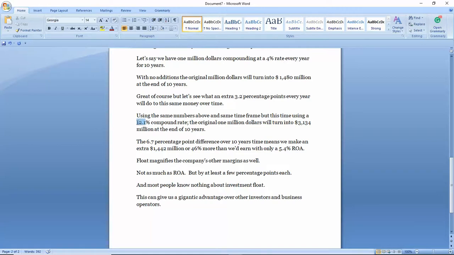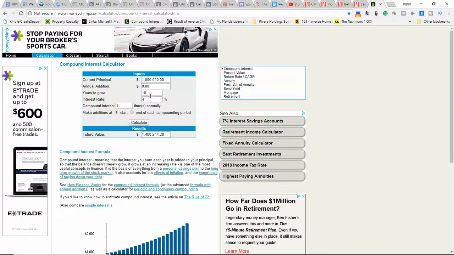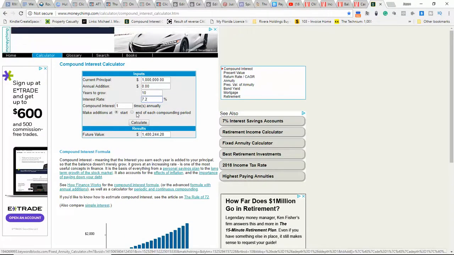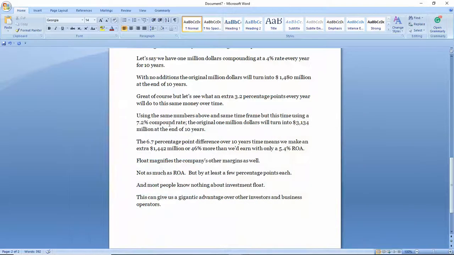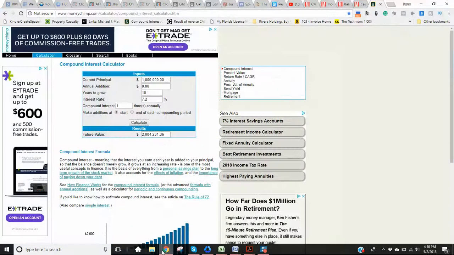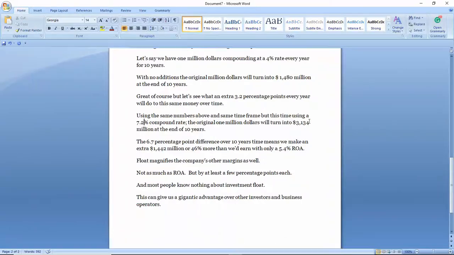Okay, so this is 7.2. 3.2. Okay, same numbers except that number changes. Look at the giant difference. It's more than a $500,000 difference in 3.2 percentage points every year. So was it 2 million? 2.04 million. Okay. So this is the power of not only float over time if you're using it well, but